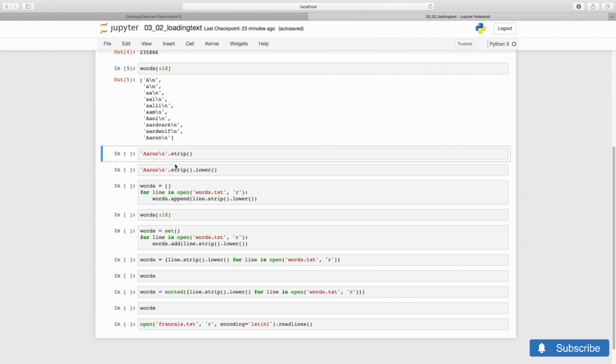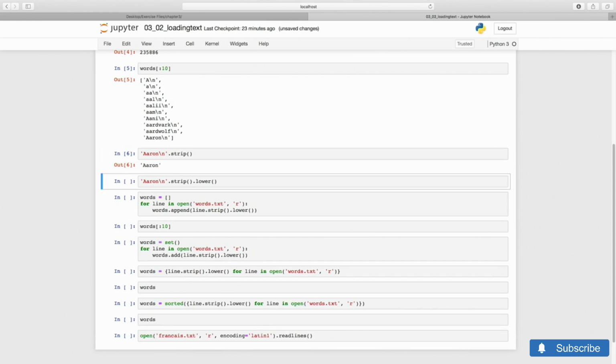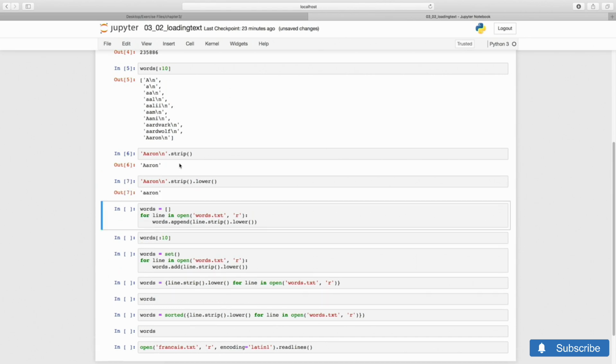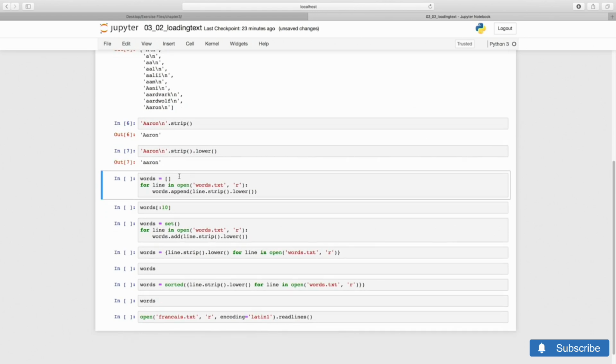To strip leading and trailing whitespace, including new lines, we can apply strip. Let's take Aaron, for example. The new line is stripped away. Now to switch the entire string to lowercase, we use the method lower. So now we have something more interesting to do in the body of our loop. We'll append to the empty list a stripped and lowercase version of each line.